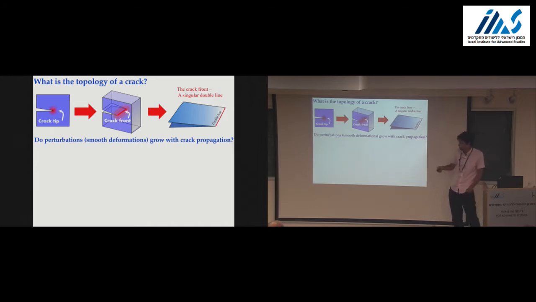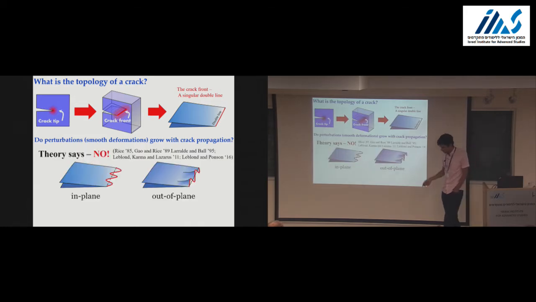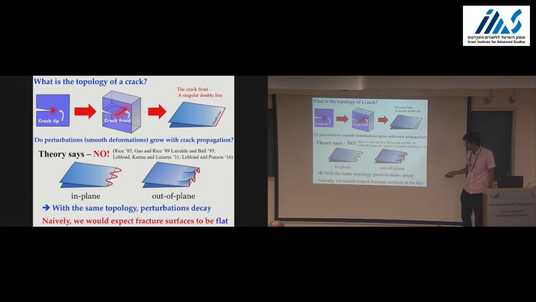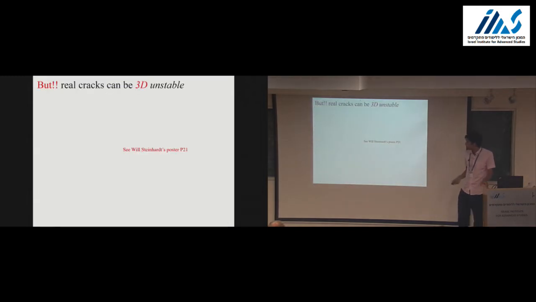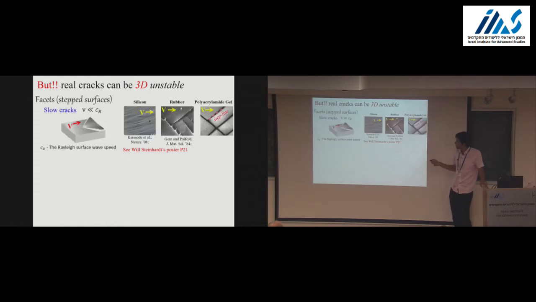Or perturb it? Does perturbation grow with crack propagation? Theoretical works from the last 30 years tell us that perturbations should decay, and this includes in-plane perturbations, or perturbations in the plane of the crack, or out-of-plane perturbations perpendicular to the crack. So this means that without changing the topology, we should see only flat fracture surfaces. But of course, if you go to experiment, you should see Will Steiner's poster. If you go to experiments, you see a lot